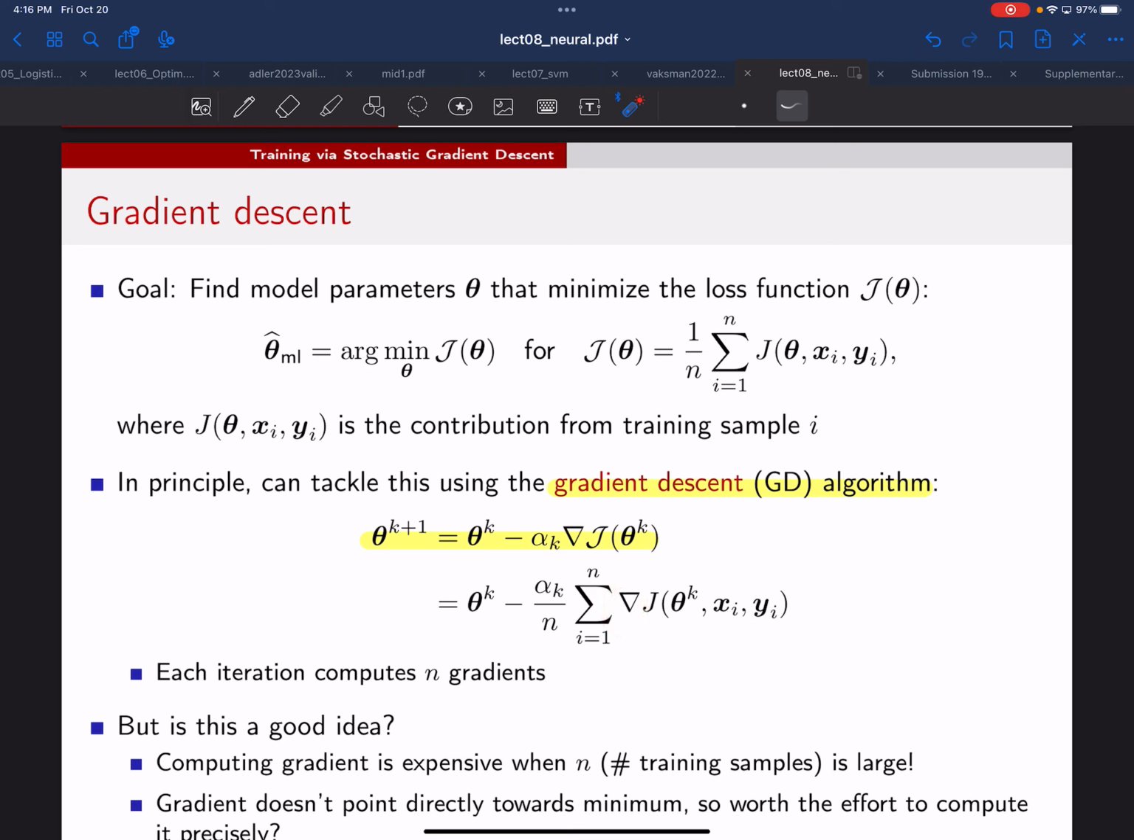Right, does everybody agree with that? We can do that? Okay, so now when you look at this, you can see a little bit more explicitly how much work is involved at every gradient descent step. This shows you that you actually have to compute n different gradients, where n is the size of the training